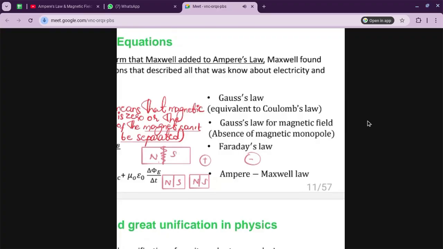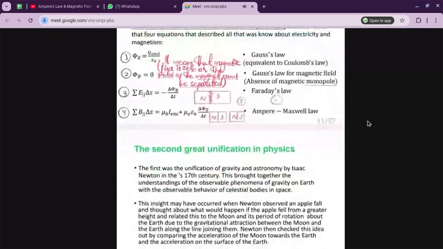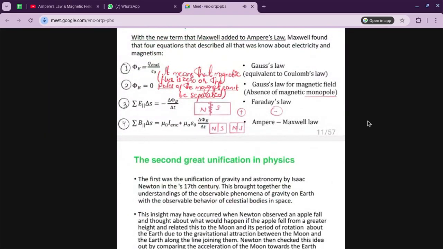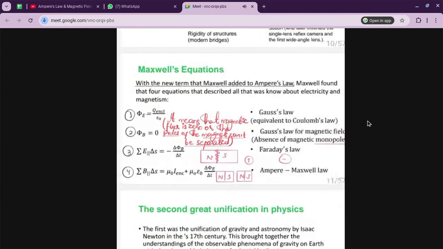So Gauss's law for magnetic fields, absence of magnetic poles, magnetic monopole. We can't separate out the monopole. Monopole means single pole. The poles will always be situated, always be attached to each other. Okay? Now the third part,